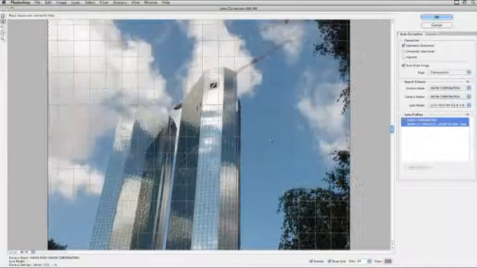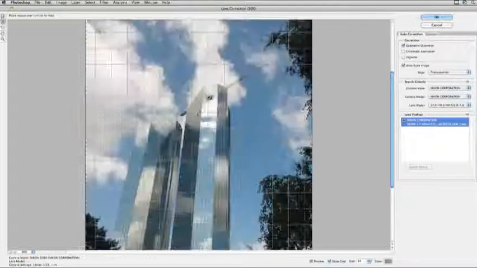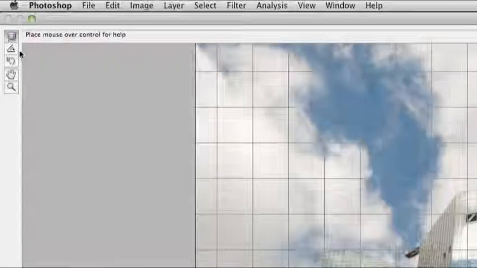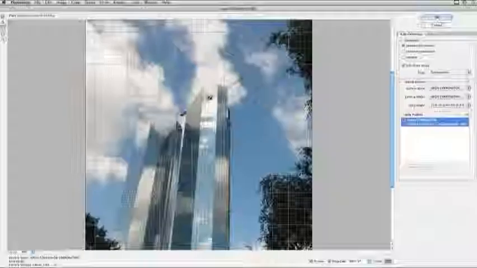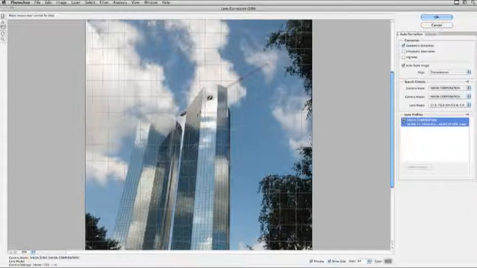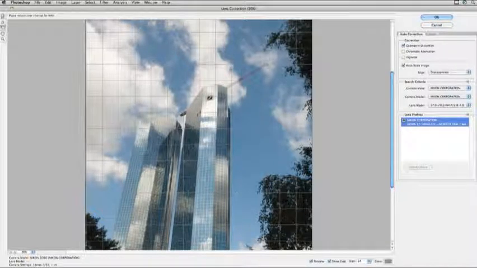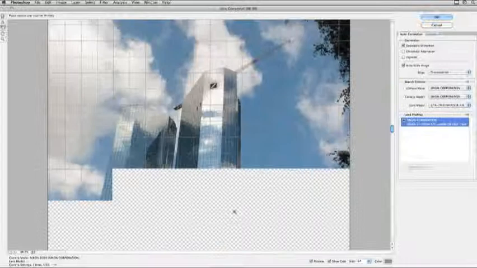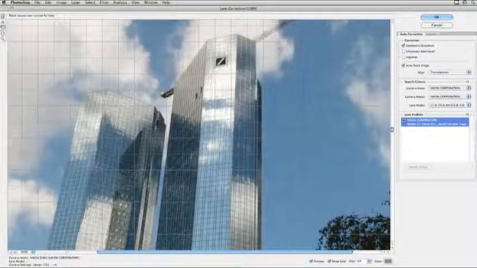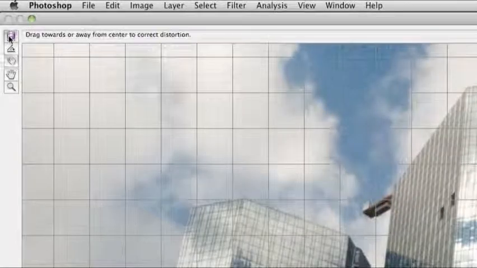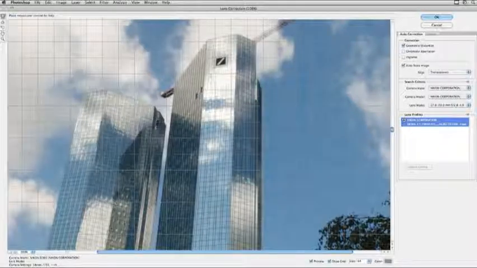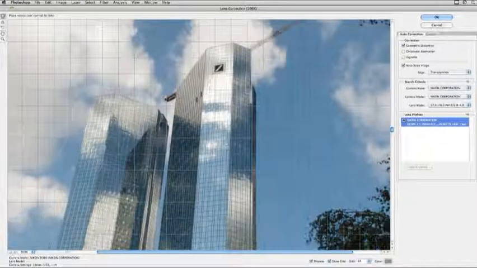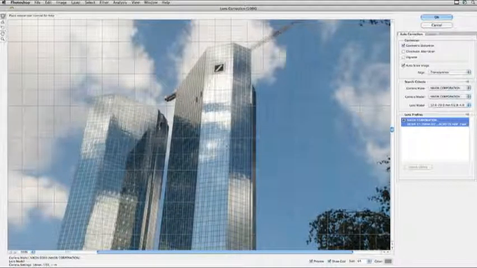Let's zoom out, and let's see if we have any distortion. Now, that line is pretty straight. We can move the grid as we see fit. What we're trying to do is just check this edge. If we zoom in there, it looks like the auto did it, but if it didn't, we can use this control here to remove distortion. And you drag slowly, and you'll see that it basically pulls the image, bulging it